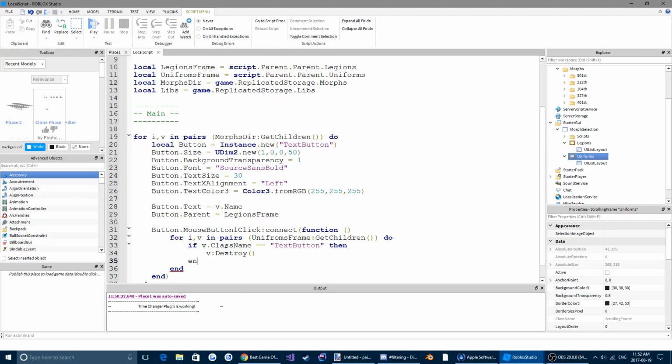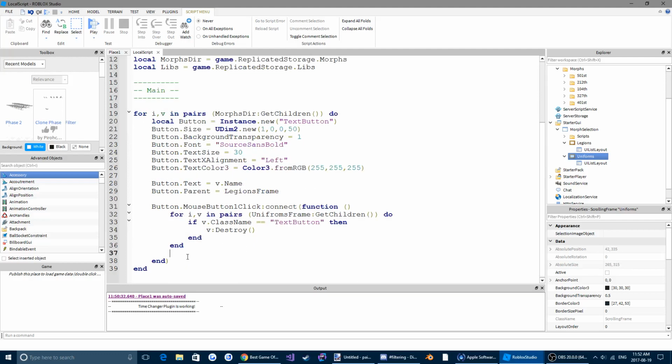come out of that for, come down a few, for i, v in pairs. Actually, we're going to change these v's. We're going to change that v to v2 and this one to v3. It'll still work the same because it's a variable. Because we're using v up here, if we wrote v here, it would override that v and replace it with that, but we don't want that because we still have to access that v. v:GetChildren()